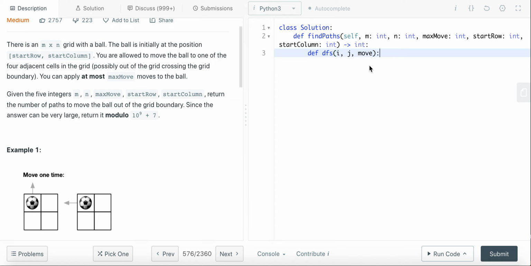So basically the number of moves left. So starting from the position ij, let's say if i is less than 0, or i is greater than or equal to m, or j is less than 0, or j is greater than or equal to n. So that's kind of outside the boundary. So in that case, we just return